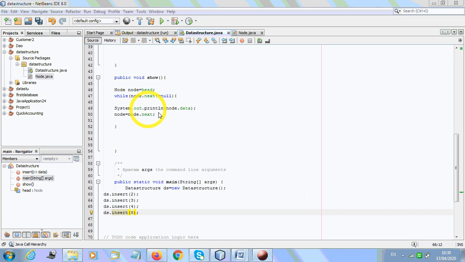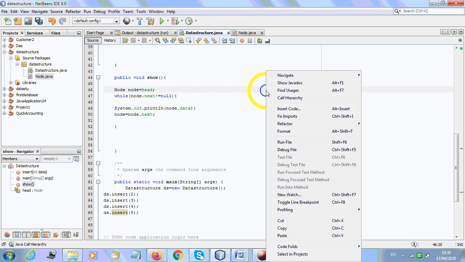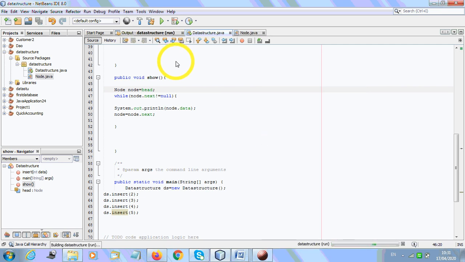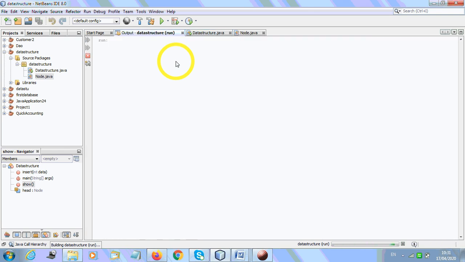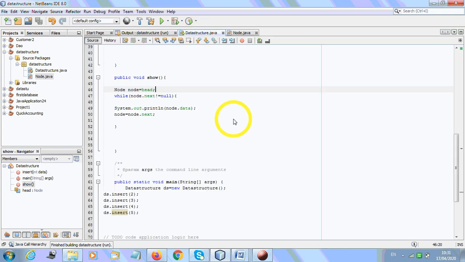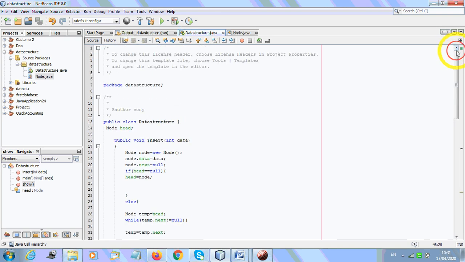So see, this is the logic through which we are going to see the data. Let me execute it first. See, we have inserted 4 data. See. So what is happening there? ds dot insert 2, and we insert data.